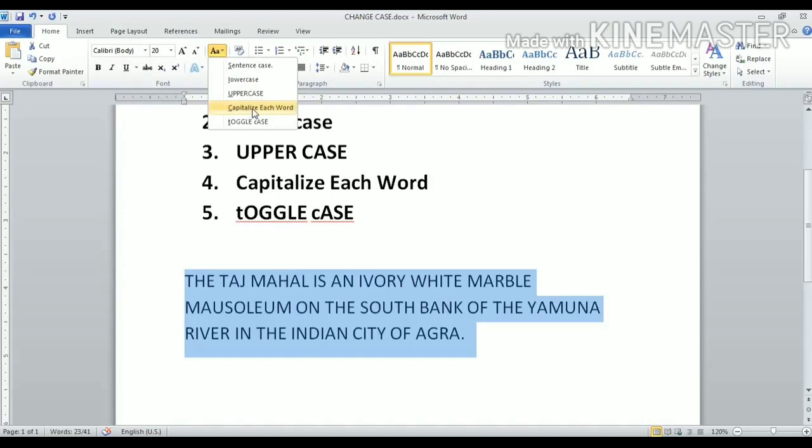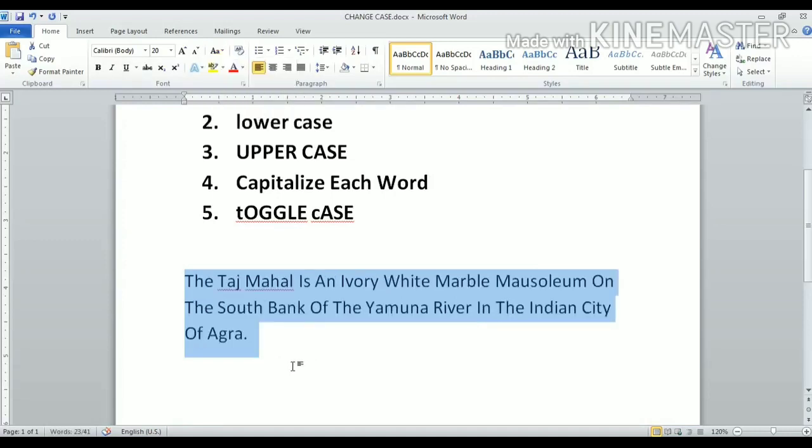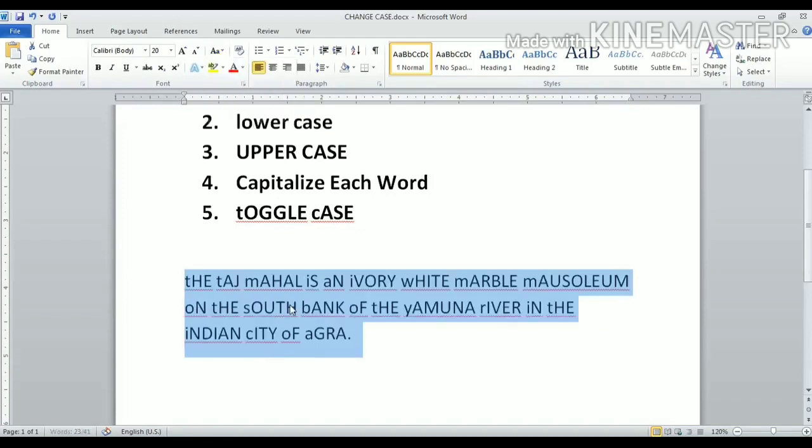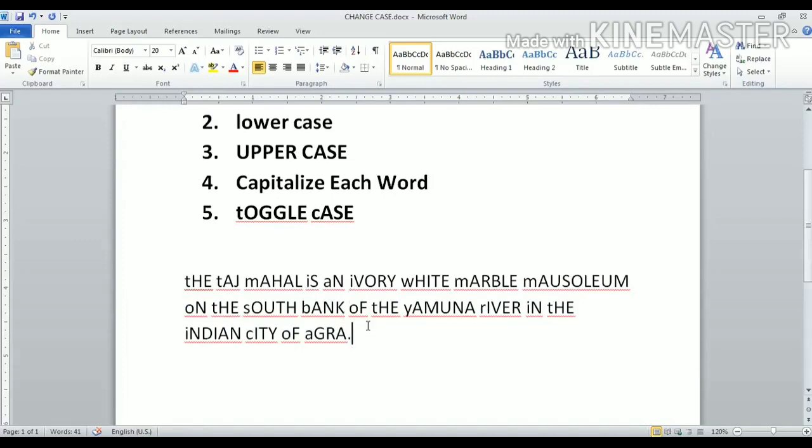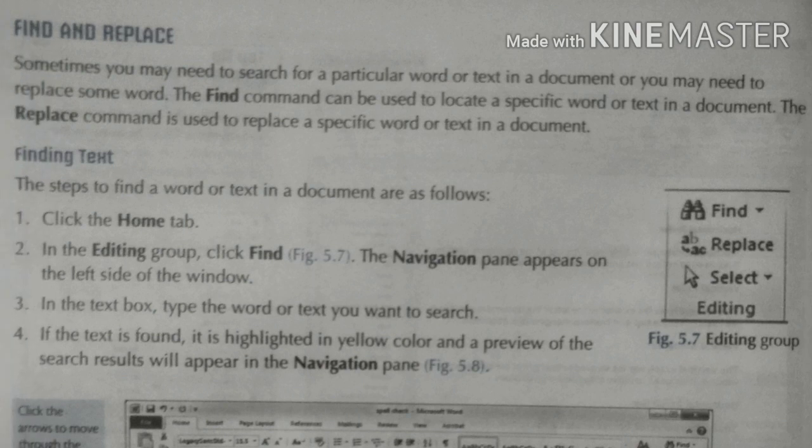Again you go, capitalize each word, you see the change. In every word, the first letter becomes capital. So in this way you can change. And then toggle case means it will become opposite. Whatever was capital will become small, and whatever was small will become capital. So that's it. Next we move on to find and